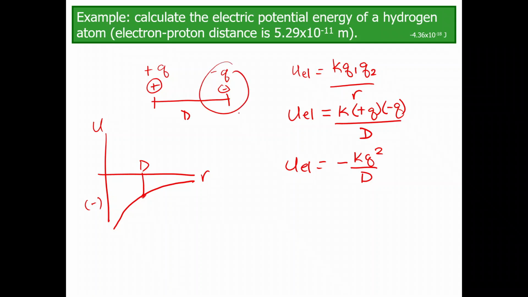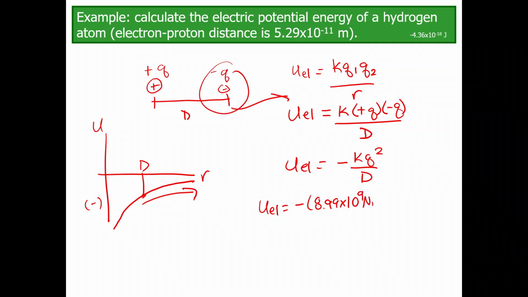If I was to try and move this electron further away, that would actually result in a gain in energy. So if an electron gains energy, it actually has to move out to a higher distance. When you start talking about some of your chemistry and stuff like that, location of that electron and gaining energy and jumping energy levels, that's happening because of this potential energy function. So if we were to then plug in numbers, I would get my K is 8.99